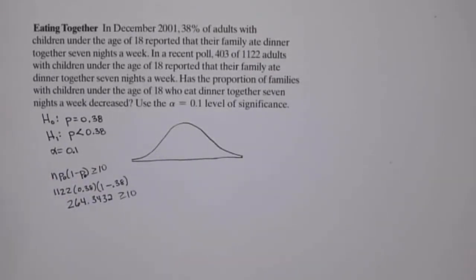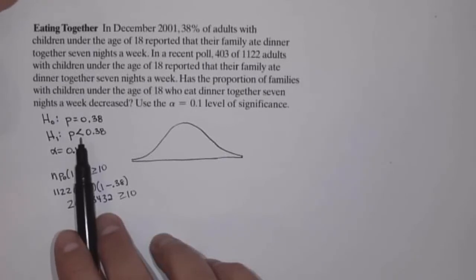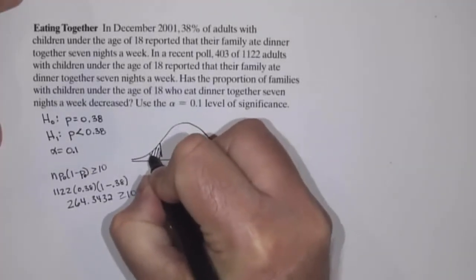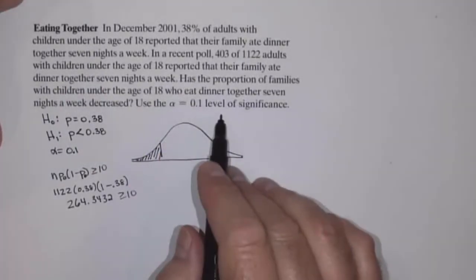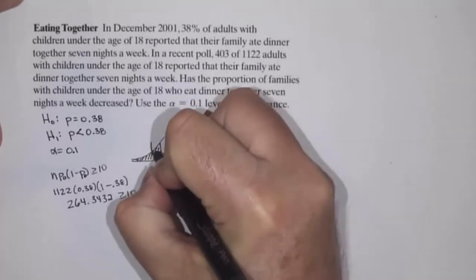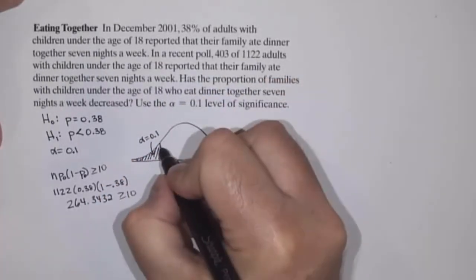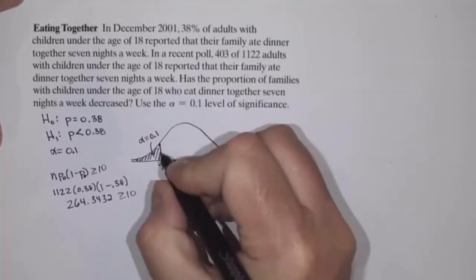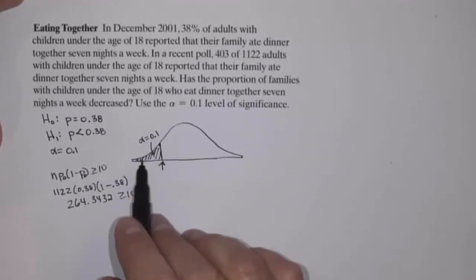So, in this particular case, we have a left-tailed test because our alternative hypothesis is less than. So we're going to be interested in this left tail. Now, the level of significance is going to be this area in the left tail. So what we're going to do is we're going to find the critical value that separates this area in the left tail, this 0.1 in the left tail,